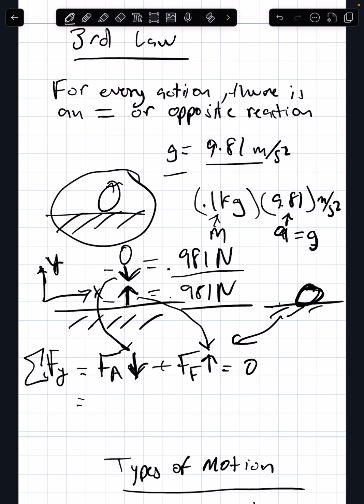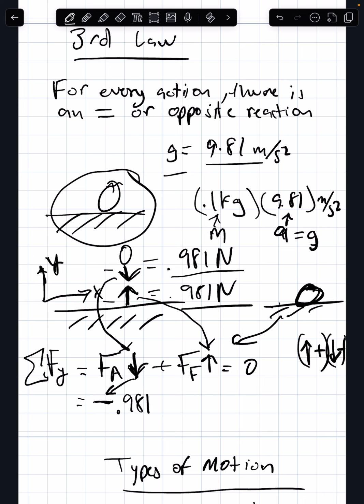Generally speaking, we call going up positive and down negative. That's usually our convention, but it's really arbitrary, and you could use whatever convention you like. So in this case, FA is going down, so that's negative: negative 0.981 newtons,